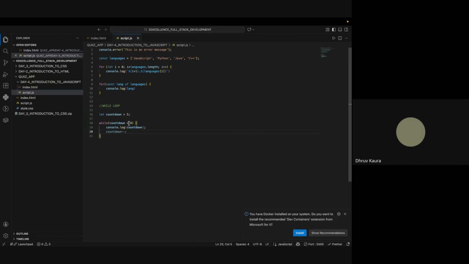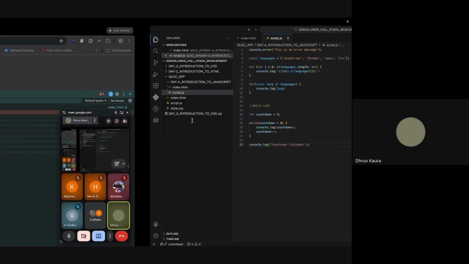You can see here we are not including our 0 here. So it will run till 5, 4, 3, 2, 1. We'll decrease the countdown value by 1 with each iteration. Then console.log, we'll say countdown is finished. So you can see here